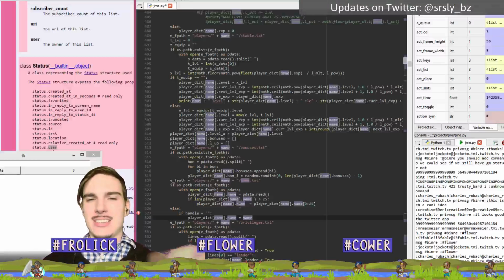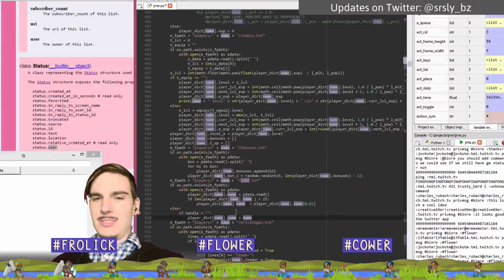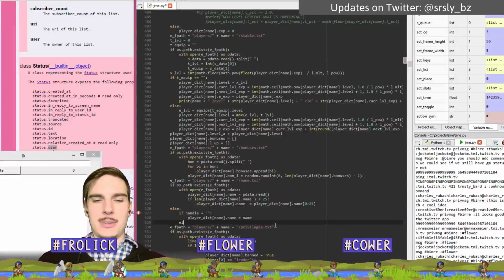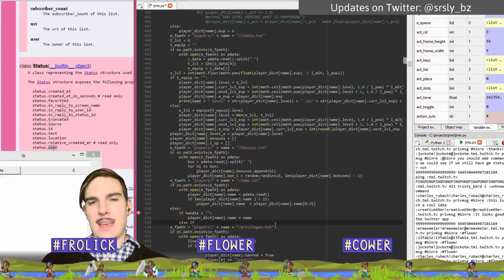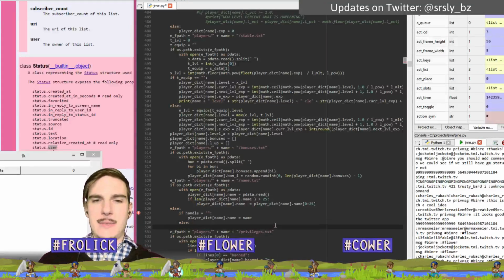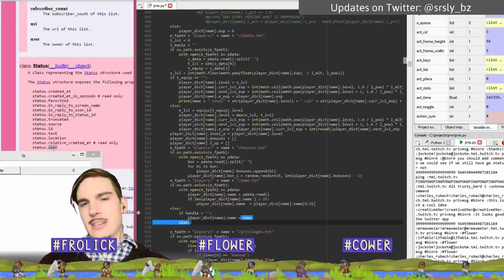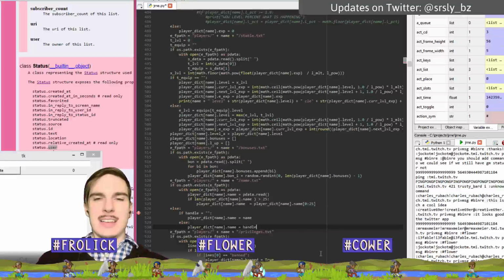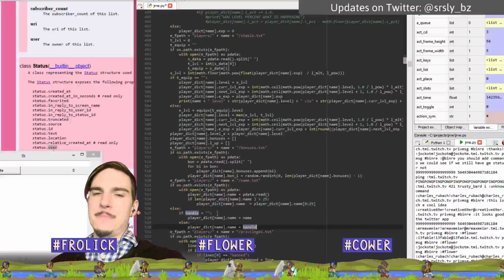Maybe I should just trust myself to do all that stuff correctly. Oh yeah, the one other thing I will do is, in the else case, this is the case where player name equals handle. So this should be all fine. I was going to add in some checking to make sure that